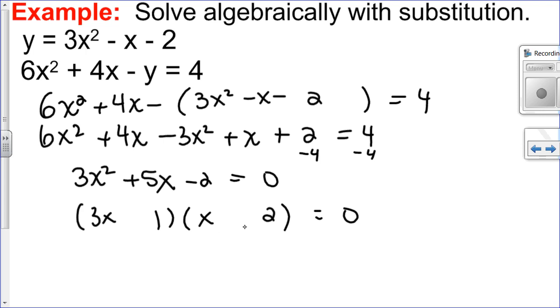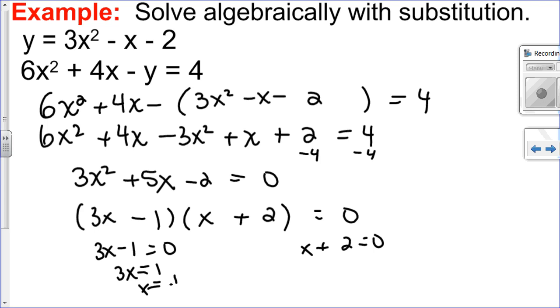So 3x squared, 6x minus, it factors like this. Set each factor equal to 0 and solve for x. So I have 3x equals 1, which means x is 1/3, or subtract 2 from both sides, x is negative 2. So now that I've solved for x, I need to substitute back into the original equation to figure out